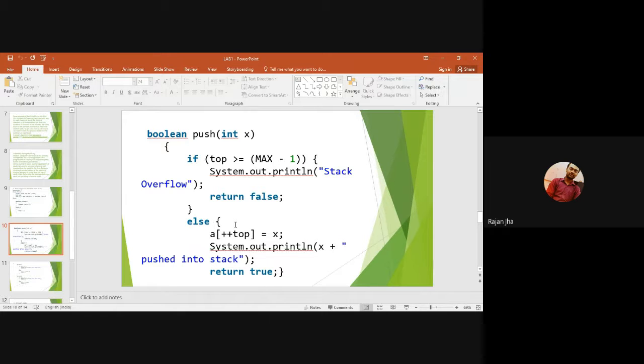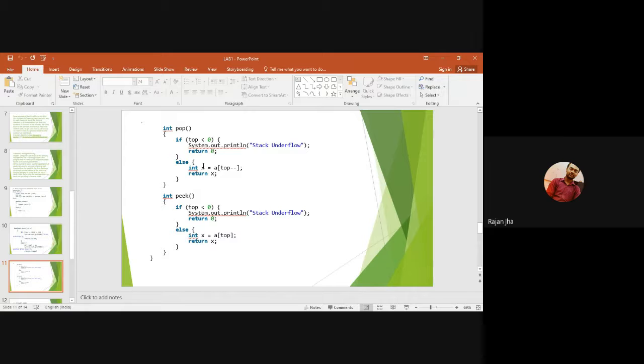In the else part, if the stack has room to insert, the top position will be incremented and the new item will be inserted at the new top position. With the help of system.out.println, we can show which element has been pushed into the stack.